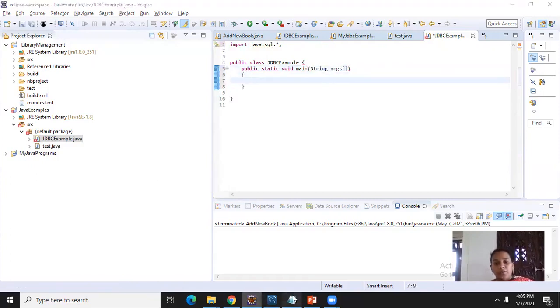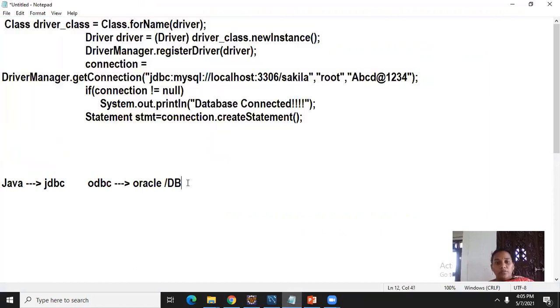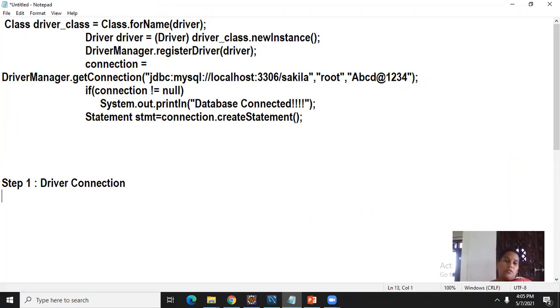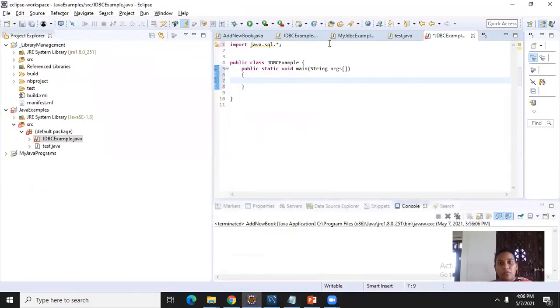Step 1, I need to create the driver connection. Already I told you the driver necessity and which driver we are using, which I mention here.